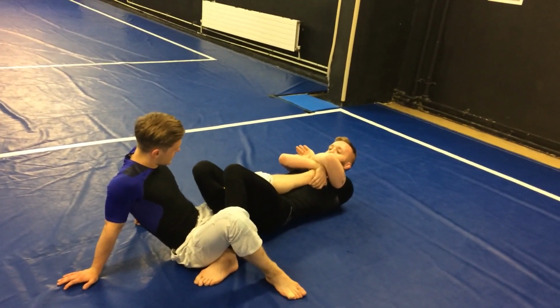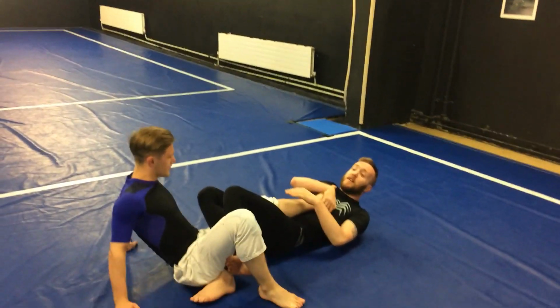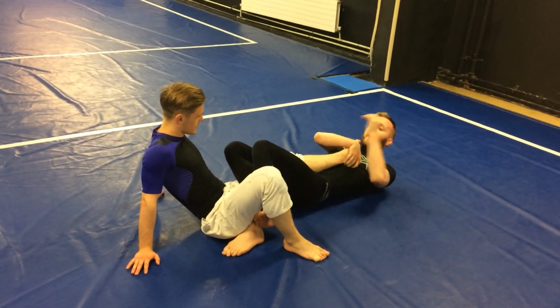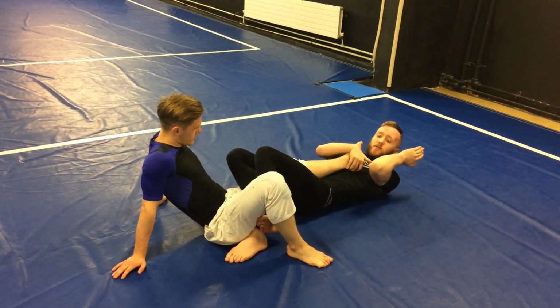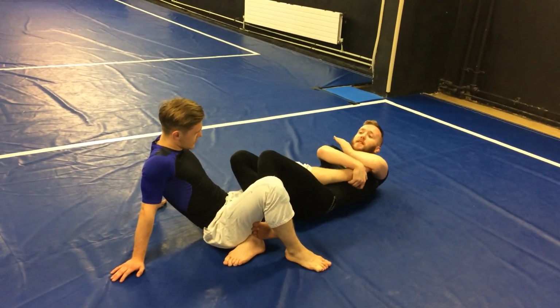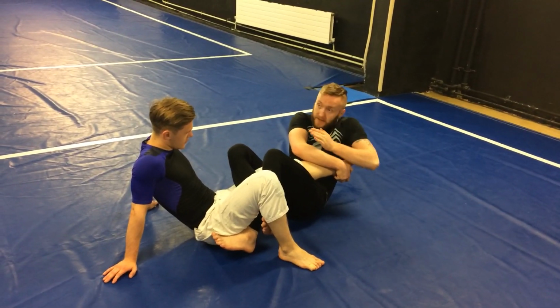So if Tim tries to move anyway from here, he can't, because I have control of his leg. He can't move his leg. There's knee bars you can use to finish from there, but today we're just working on the heel hook. So again, I'm controlling the toes. From here, I'm going to take this elbow and bring it to his toes as I move this heel across. Then I'm going to sit up, still keeping this elbow on the toes,